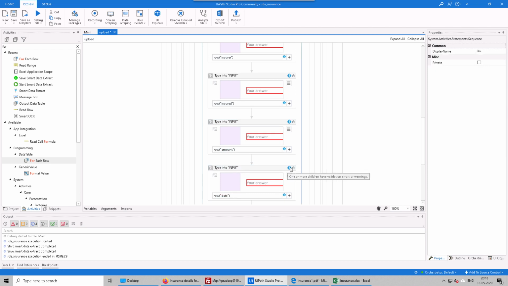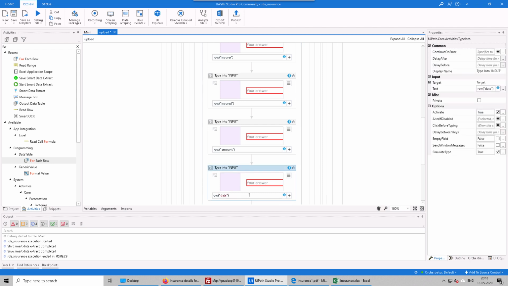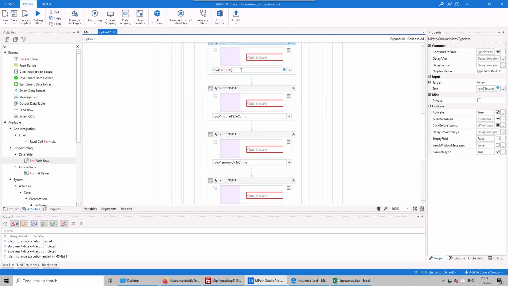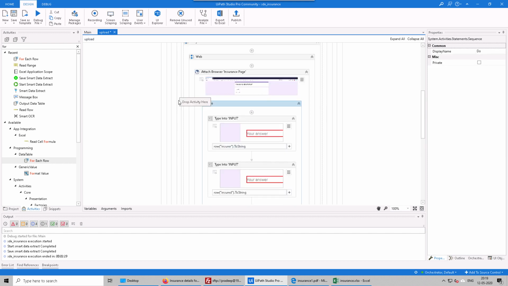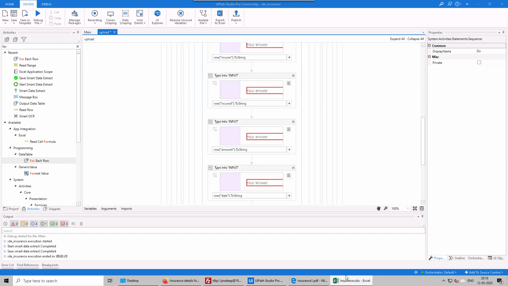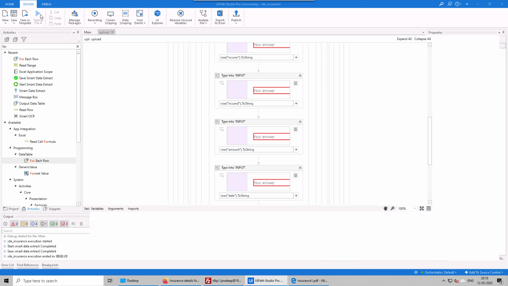Okay. So we have to add the toString here. Okay, I think we have the validation done. So let me just close this Excel file, save it, and let's run it.